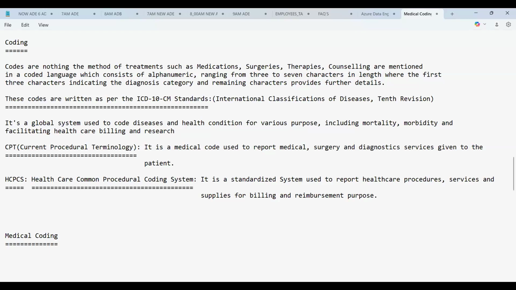So for what purpose do they require such codes? They require it for the purpose of clinical trials. All of you must be aware what a clinical trial is. Clinical trial is nothing but testing the efficacy, side effects, and toxic effects of a medication, a method of treatment, or a device. It can be an implant device.